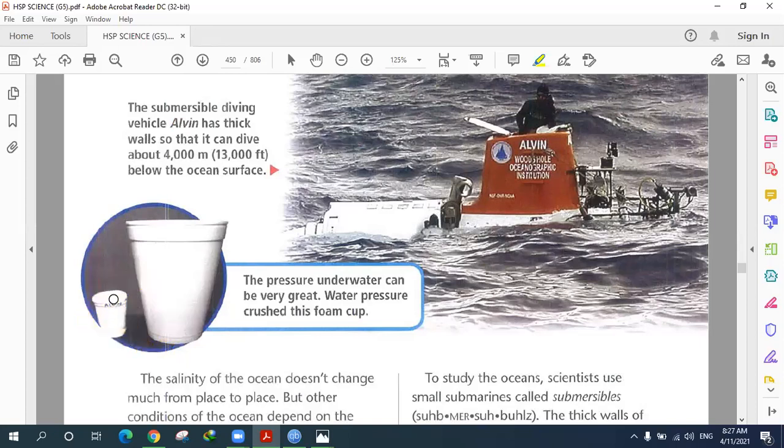This is the same cup. It was dropped down, so the water above it pressed it and it got smaller like this, but it's actually the same size as the big one. These are considered the same cup, but the pressure made the cup smaller. Yes, well done. They were supposed to be the same size. The one on the left was put under high water pressure, and that's why it got pressed down.